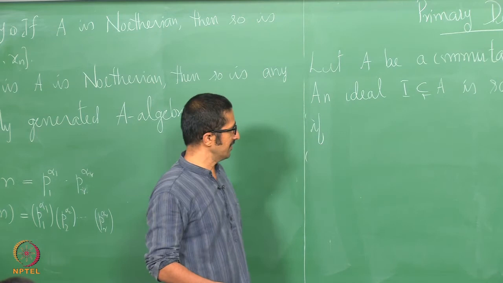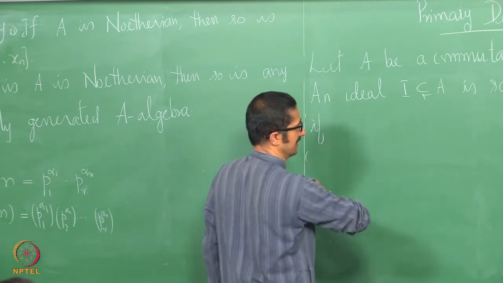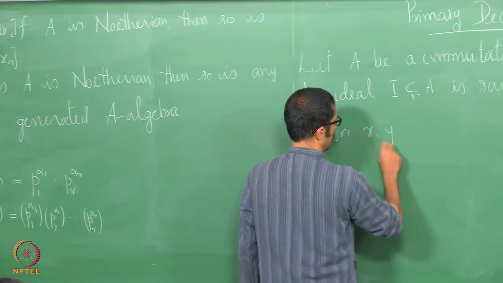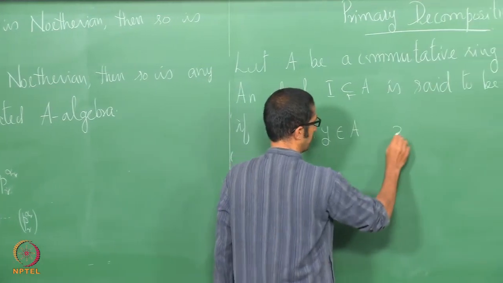So here we say this is said to be a primary ideal if for x, y in A,